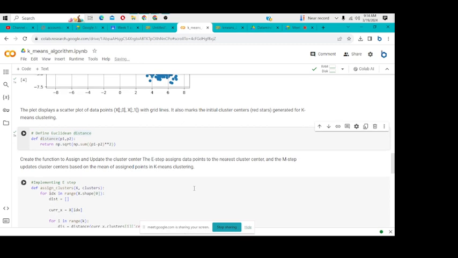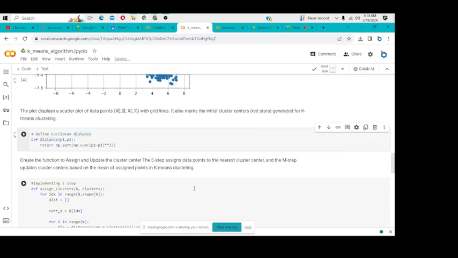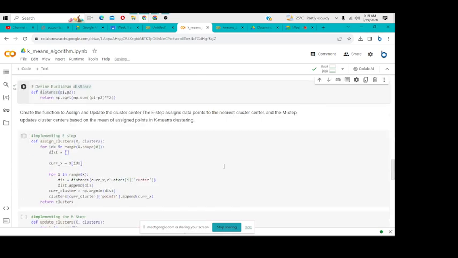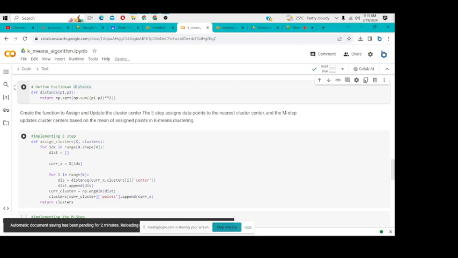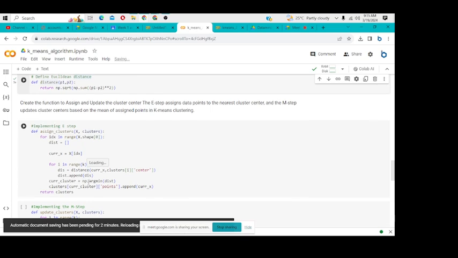So let us begin with the e-step that will assign data points to the nearest cluster centers. I think you're just going to run this code. This is the implementation of that. I think I don't have to explain this kind of code. It's just a function that will enable us to update